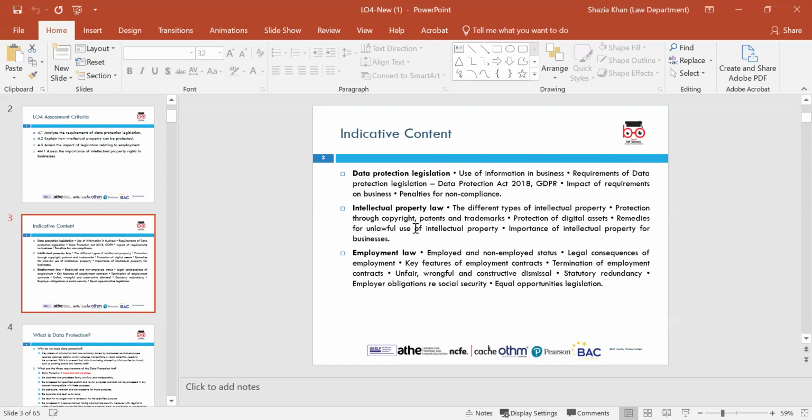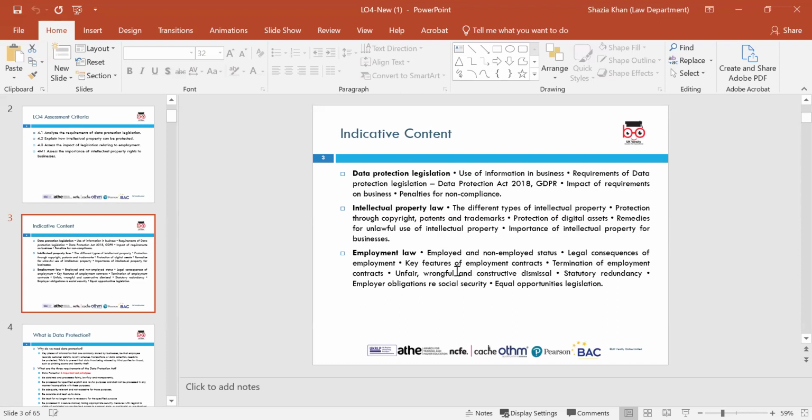We also looked at intellectual property law, which is the different types of intellectual property law, protection through copyright, patents and trademarks. We looked at protection of digital assets, remedies for unlawful use of intellectual property, and importance of intellectual property for any businesses. We also looked at employment law,